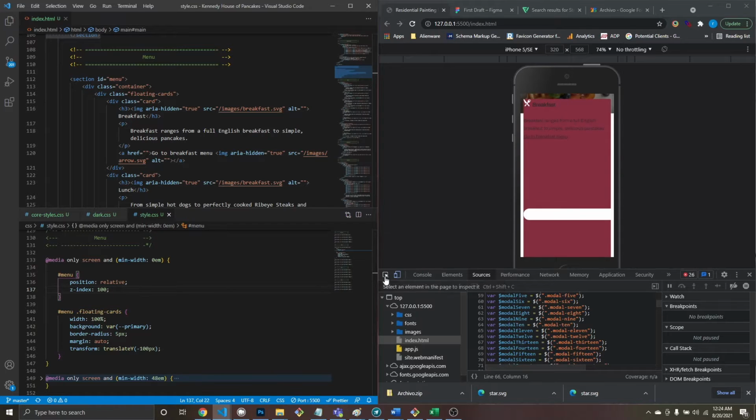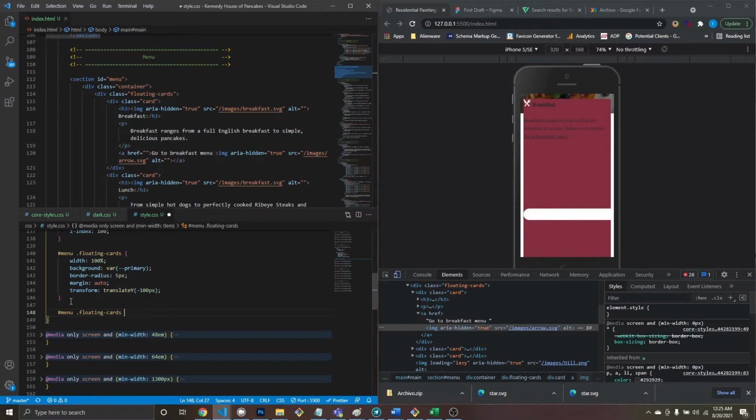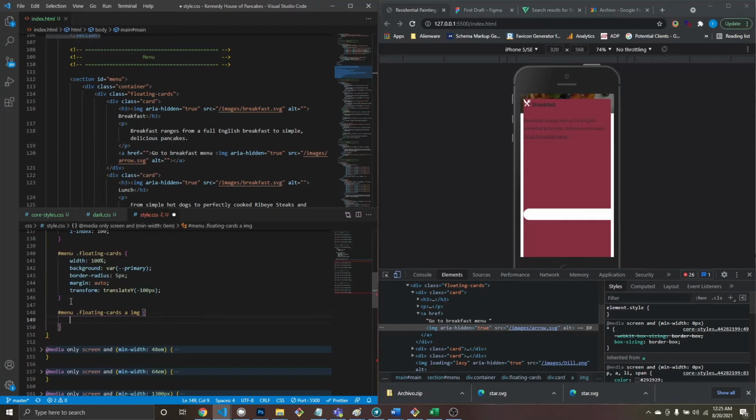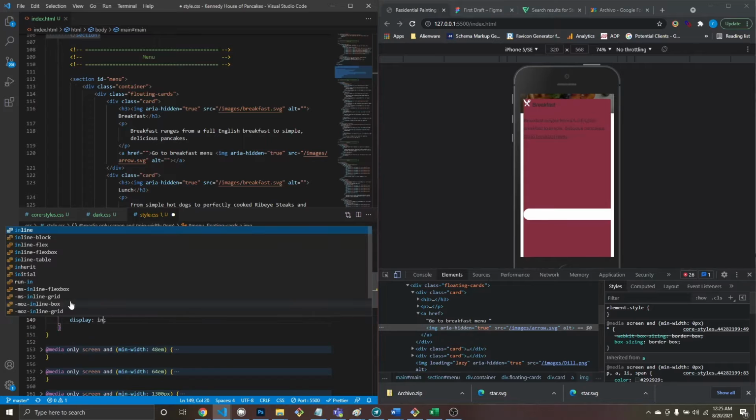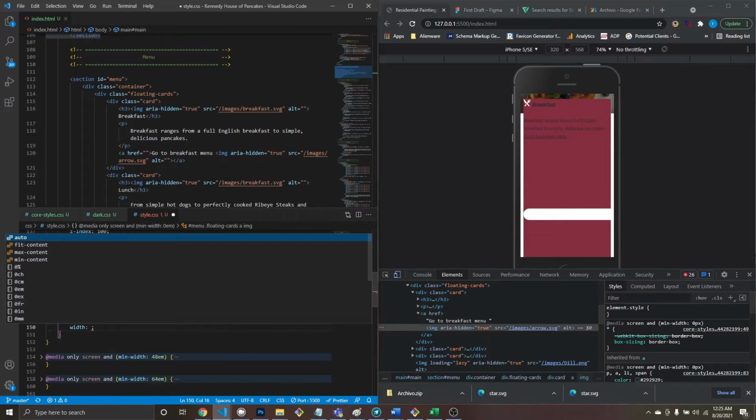Now, I want to space these. Well, first of all, just to make this easier, let's just get this image out of the way here. So it's going to be the card. So okay, so menu, floating cards. So inside our floating cards, I want the link, and I want the image in the link, and I want that to be display inline block and width of